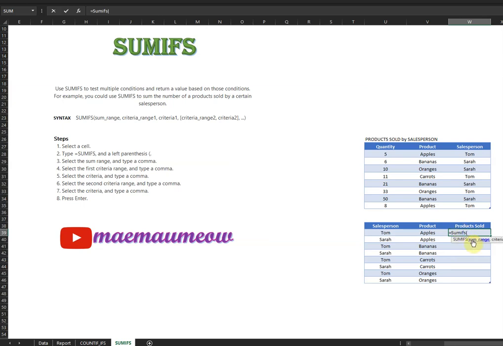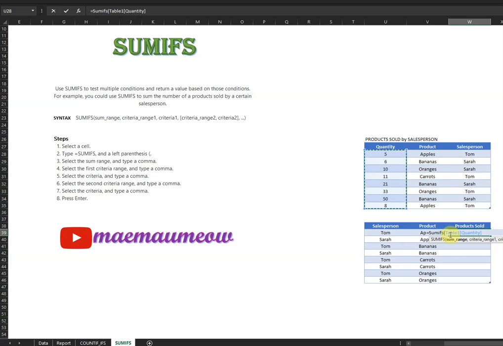And we'll have to follow the syntax shown. Sum range is the quantity. So we'll start from quantity 5 down to quantity 8. That is our sum range. As you can see here, it's showing Table1 quantity because our data is enclosed in a table.